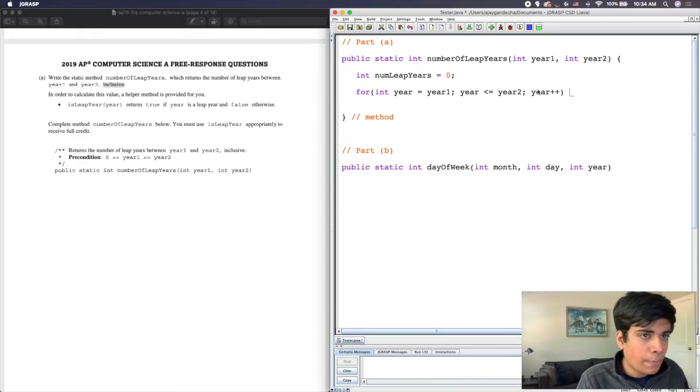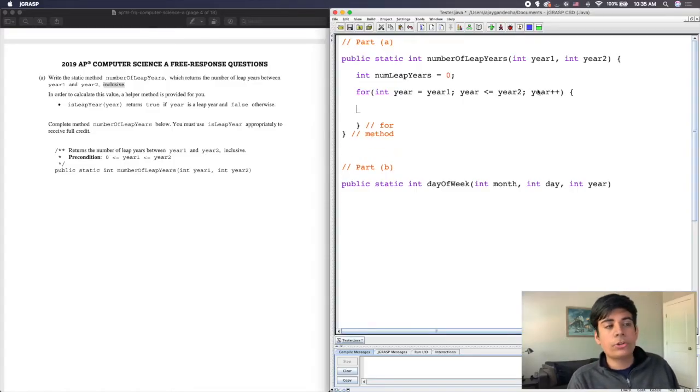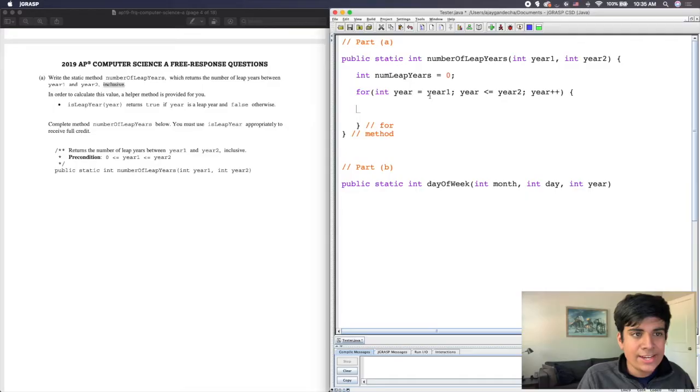Then I can have open and close curly braces, and I can label this as my for loop, that this curly brace is for the for loop. Then I need to check if the year I'm currently looking at is a leap year, because if it is, I want to count it inside of my counter variable here. So to check if it is a leap year, I can say if,